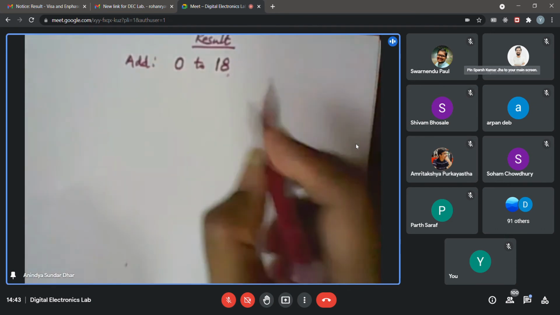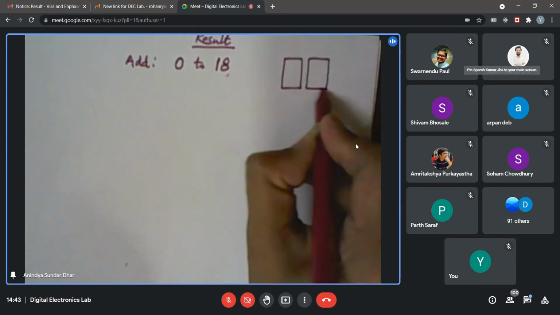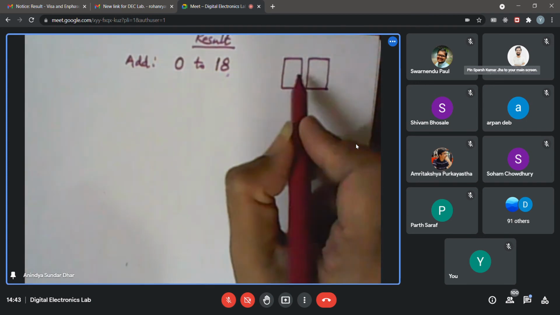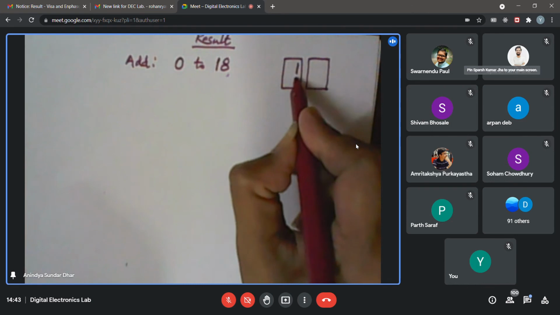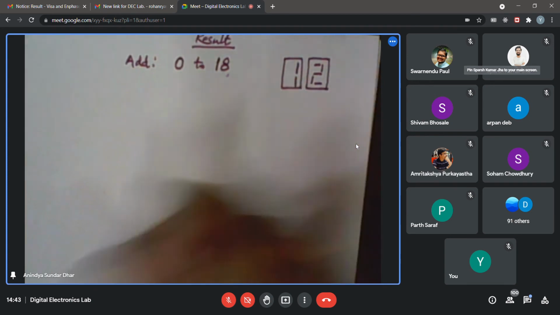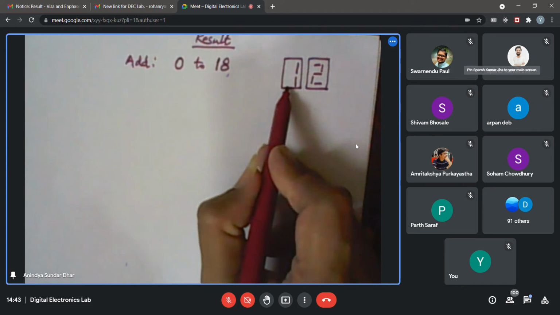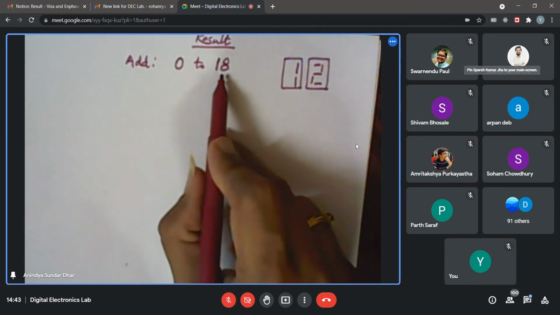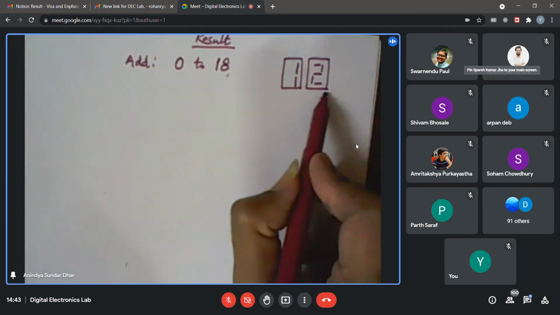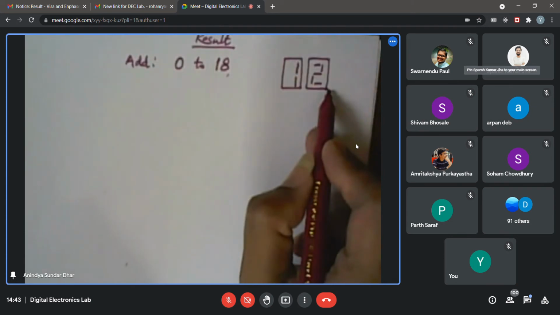So the first thing is to put another display over here, so that whenever the result is more than 10, it should show it properly. Suppose the result is 12, then it should show 12 rather than that peculiar character. You know that it is interpreted as 12, but a general user may not. So you need to add one more 7-segment display where the results 10 to 18 will be displayed in standard decimal format. I may not call it a challenge because you already know how to do that.